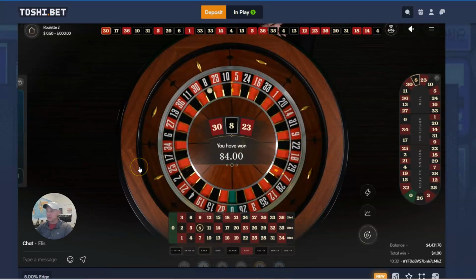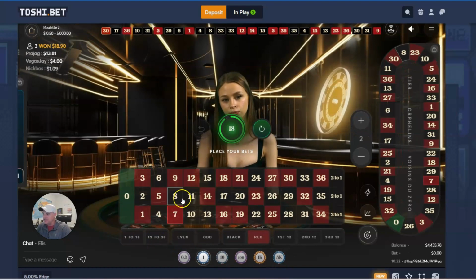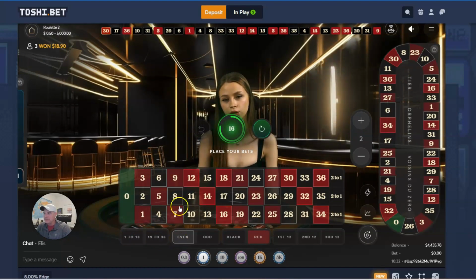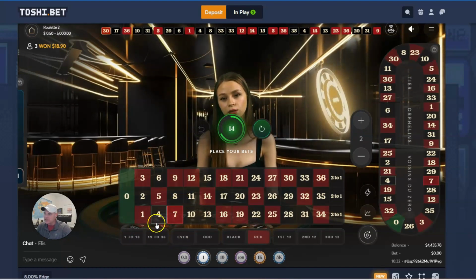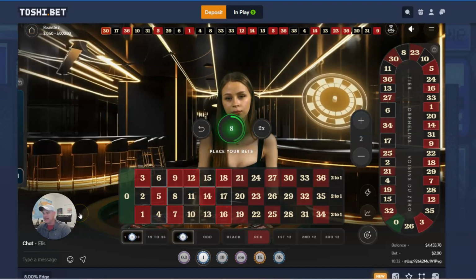Luckily, in that scenario, we won, and here's why we won. We were betting the 1st through the 18th. 8 was the number, so we won. We were betting an even number, and obviously 8 is an even number. Now, the reason that I like this bet so much, and I'm just doing dollars to talk to you about this, is that